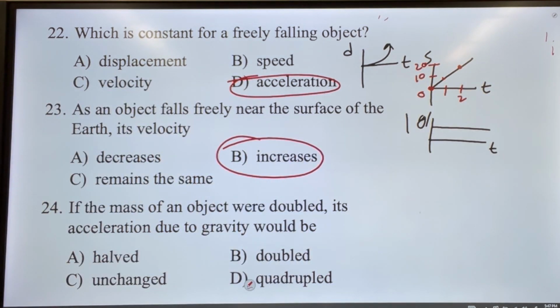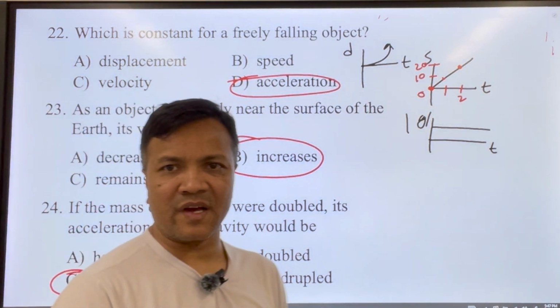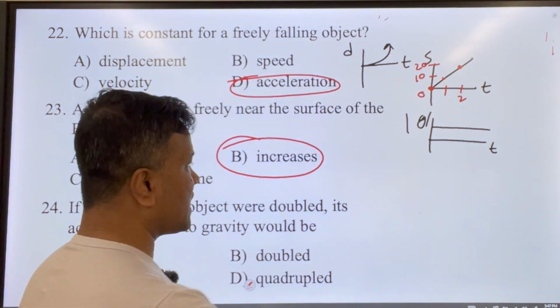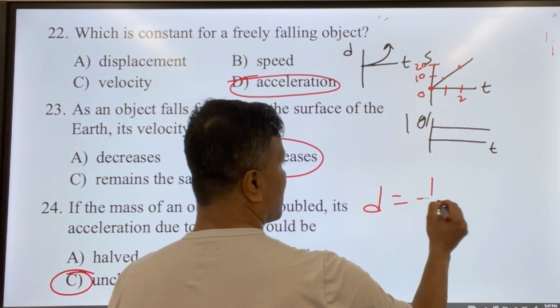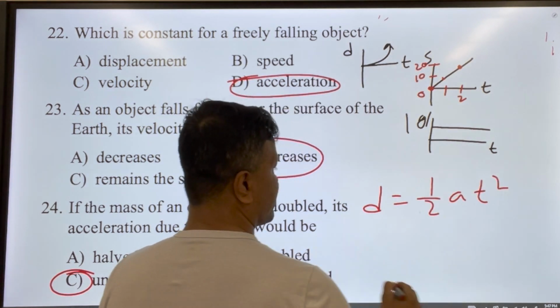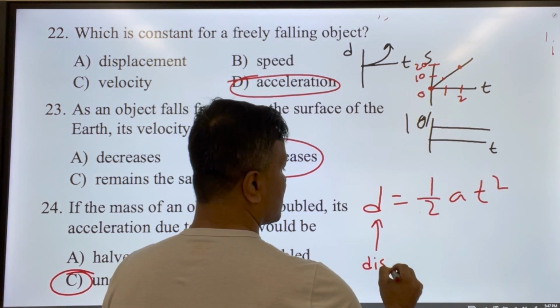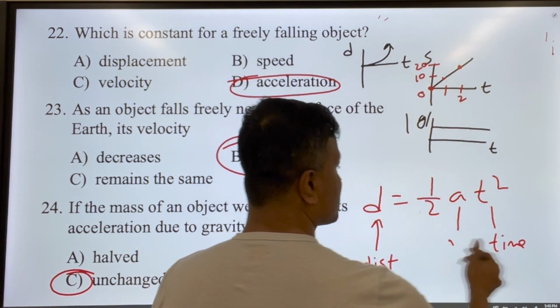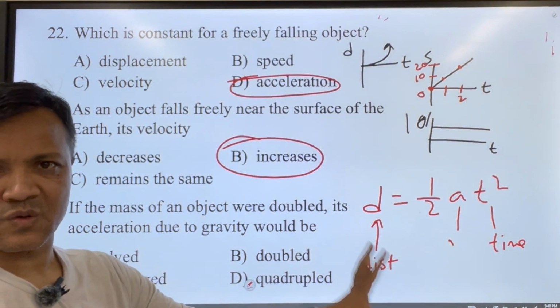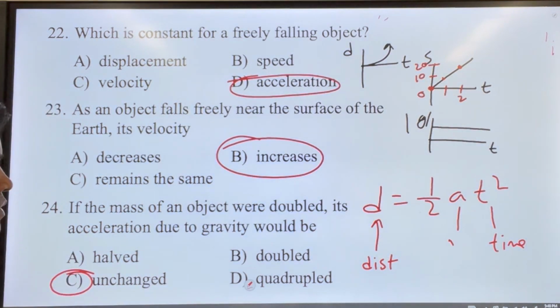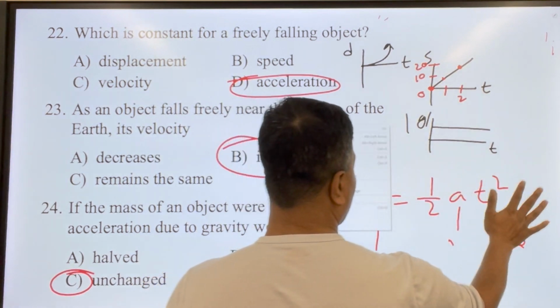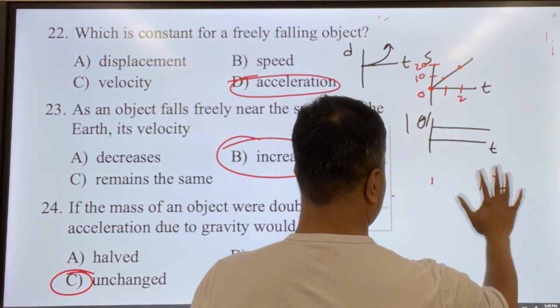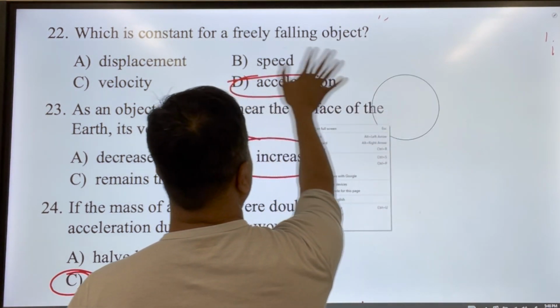If the mass of an object were double, the acceleration due to gravity is the same, because the mass has no effect on acceleration due to gravity. And when you look at the equation, there is no mass. This is distance, this is gravity, acceleration, and this is time. There is no mass in the equation. So mass really plays no part in how long it takes for an object to fall, because there is no